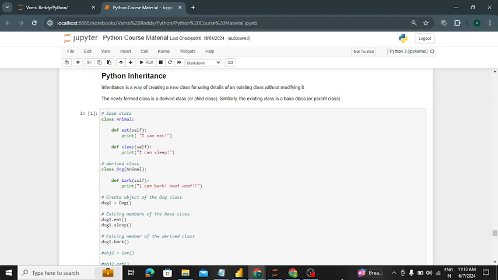Whatever you mention in the base class can be accessed by the child classes. Right? Everything mentioned in a base class is completely accessible by the child class. Is the definition clear?